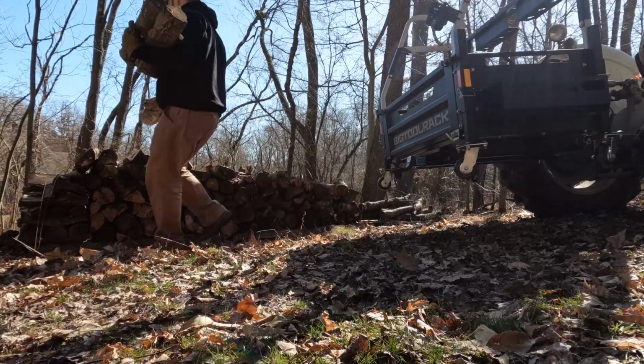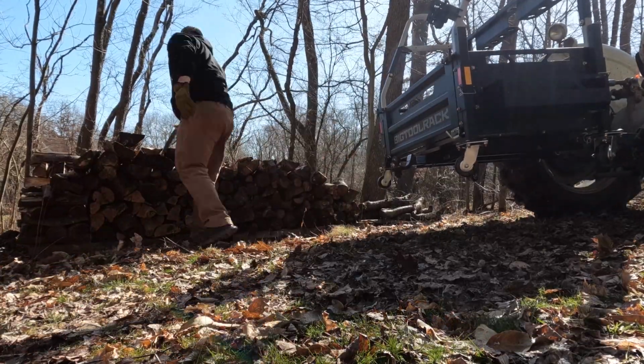So like I said, we've got lots of firewood here that we need to take advantage of in the next few winters to burn. Now this winter we burned less firewood than ever because it was so mild. So I'm only at just under a quart of firewood burned all winter long. Now we could have a very cold March, who knows? And we could even have winter into April. But so far I've burned less firewood, which means my stockpile is growing, which is great news for future years. I just need to make sure I don't let it go